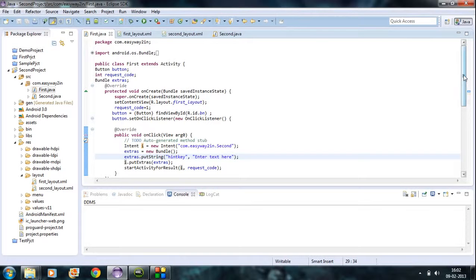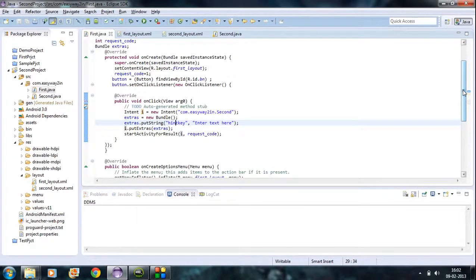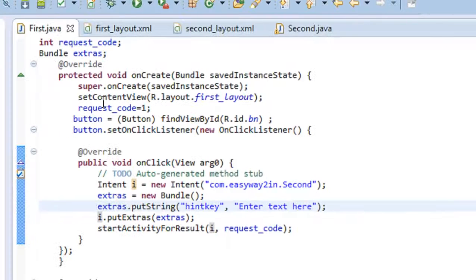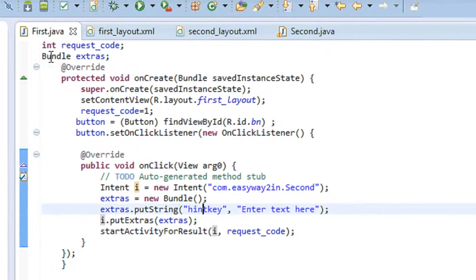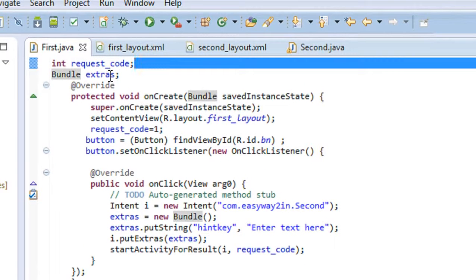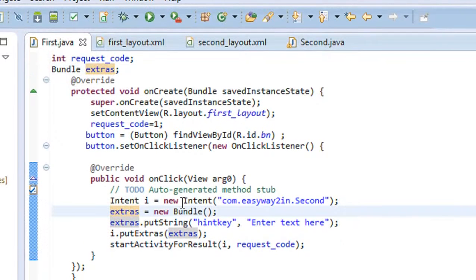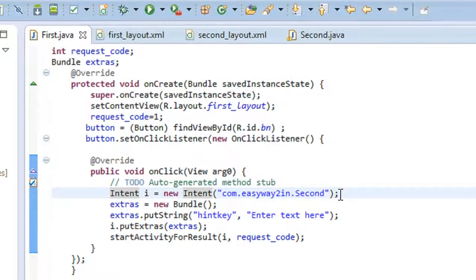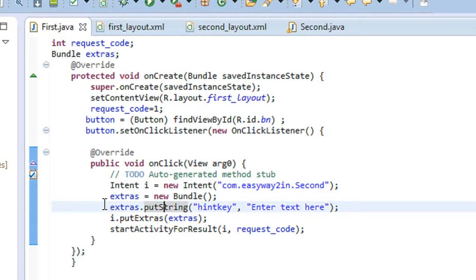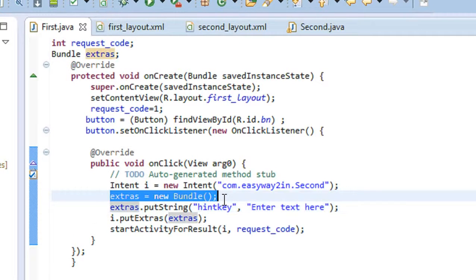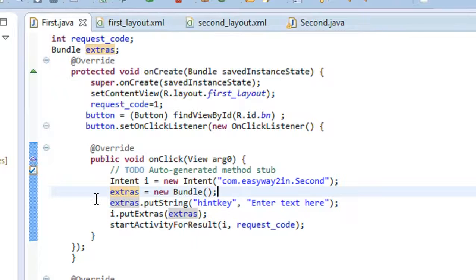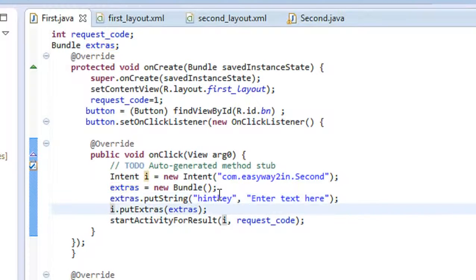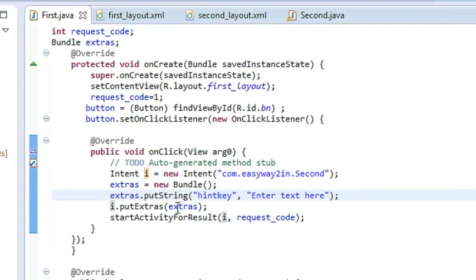For sending data to an activity, you have to create a bundle object. So here I just create an object of the Bundle class. Now I create an intent object as we taught earlier in the previous tutorial, and initialize the bundle object. Now I am going to put some data into the bundle object using the method putString.